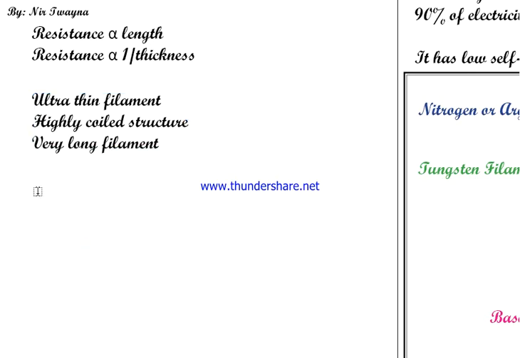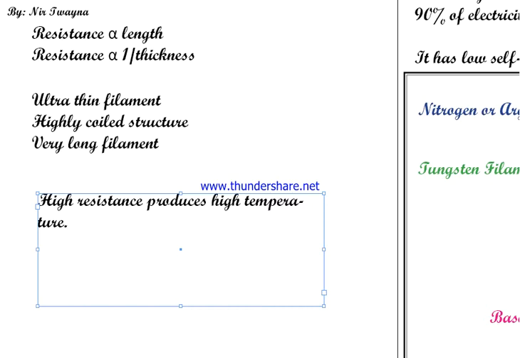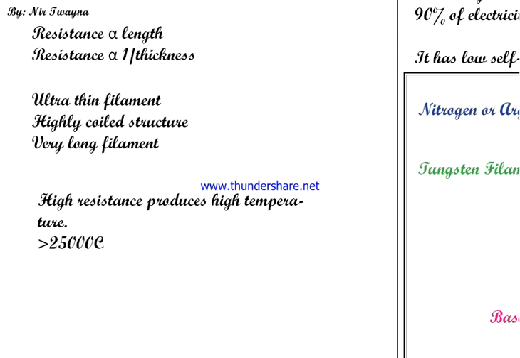What do you get by increasing resistance? High resistance produces high temperature. We discussed it in yesterday's class as well. A conductor produces heat energy because of resistance. High resistance produces high temperature, and when its temperature becomes more than 2500 degrees Celsius,